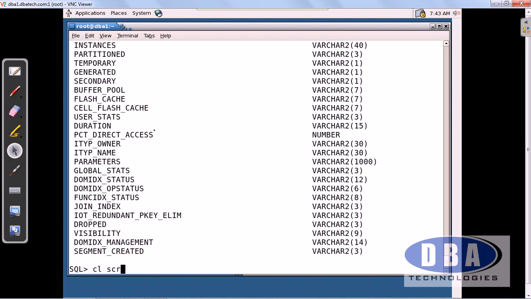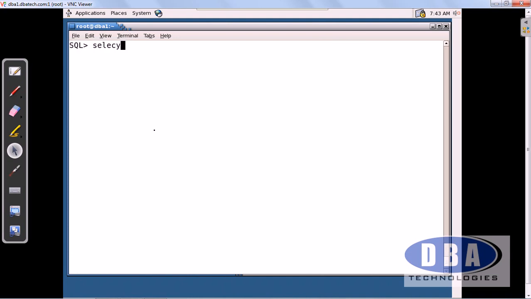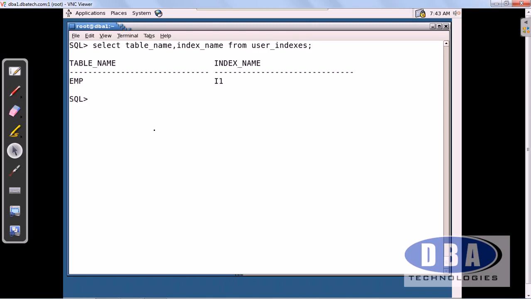Let us use this. Select table name, index name from user_indexes. It shows that we have created an index called I1 over the employee table. It will show the column also.